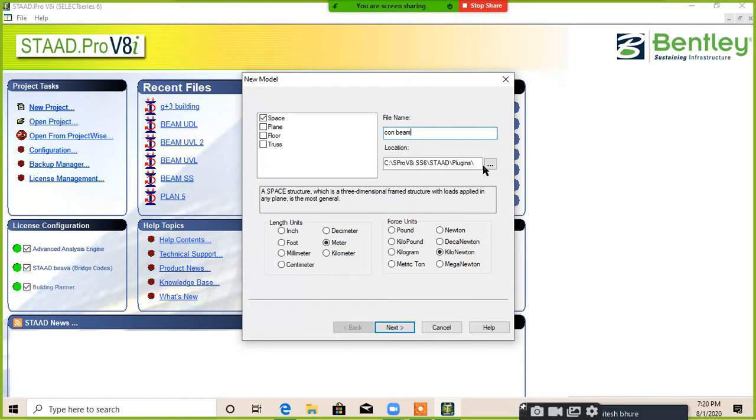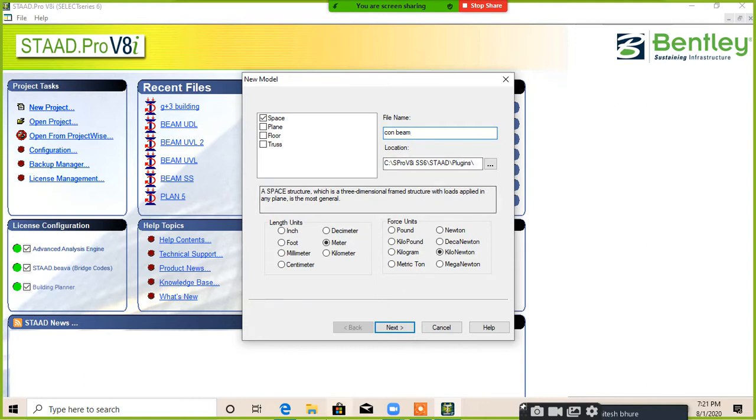Make one folder of StatPro training and save all the files in this particular folder, so that you can save your file throughout the practice or training, and after the training also. You can open this file anytime. The file extension will be .std. There are so many files, .std, .tdd and .dll files. So we have to open the .std file only for StatPro files.